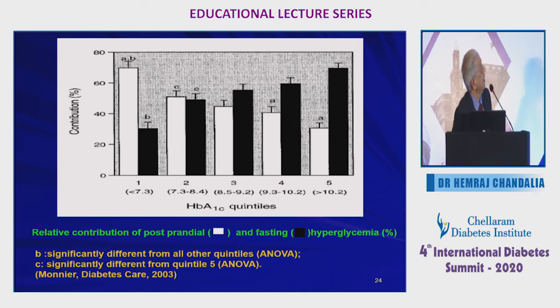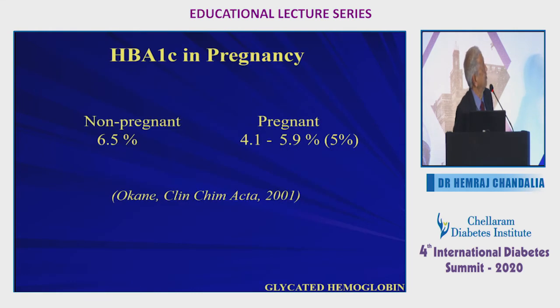See, but when you have this kind of reading, you should know that you'll have to address postprandial glucose very, very aggressively, then only you'll get good results. Pregnancy, A1C, there are a lot of fallacies there, because pregnancy is a situation where the ferrokinetics change, the erythrocyte kinetics change considerably. You see, there can be some deficiency of iron, quite often is rampant, and there can be sometimes folate and B12 deficiency.